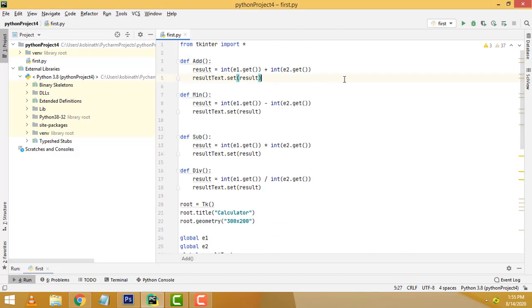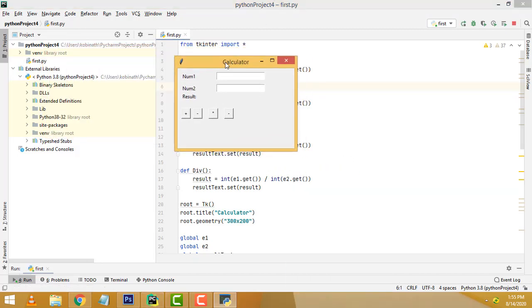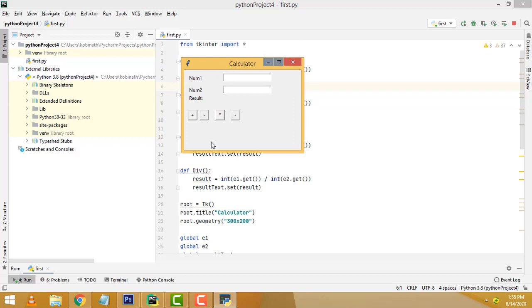Today I am going to show you how to make the calculator program in Python. Let us show the demo first. This is a simple demo. There are many students who request me to do the calculator program in Python, so I did this exercise. It is a very simple exercise.